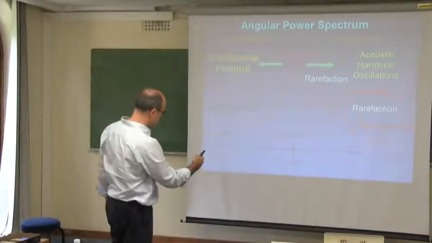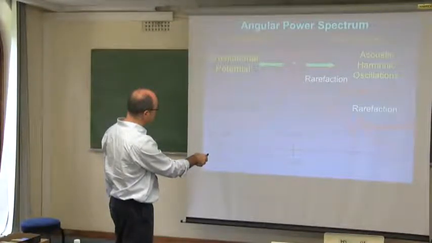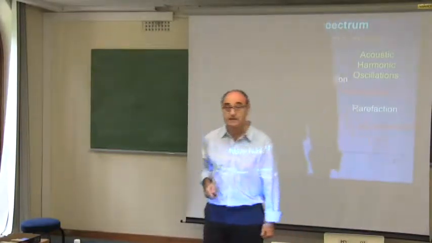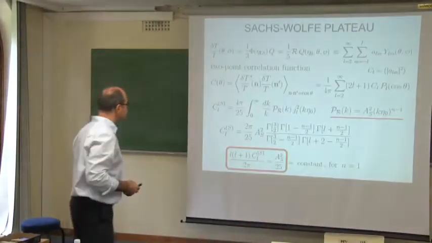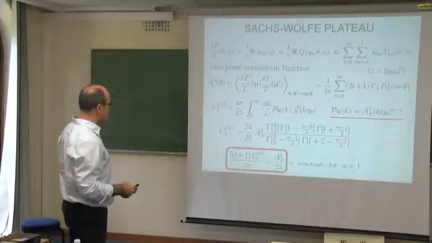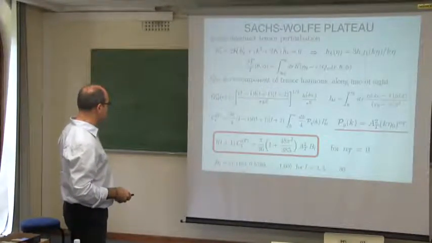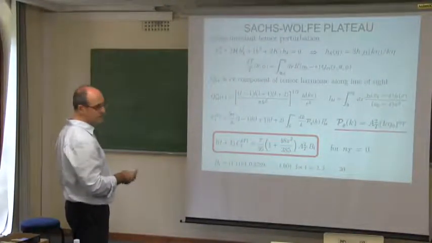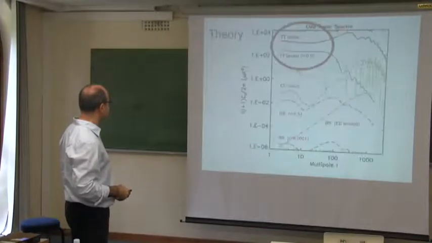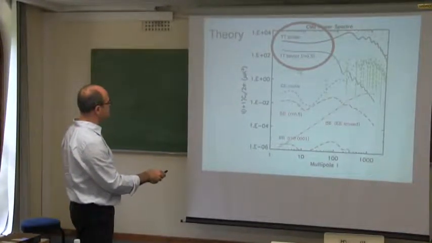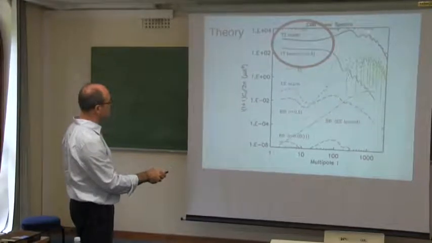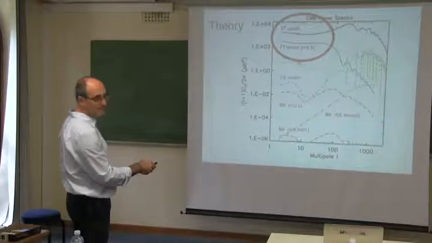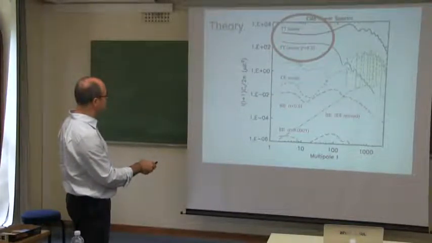And this is the reason why you will see in all images a very rapid decrease of the amplitude. It's called Silk damping. Okay, for the scalar contribution it is this, for the tensor contribution it is this other line. So you have both scalar and tensor contributions to the temperature and polarization. And this can be seen here. The scalar has the shape of a comb. Depending on the ratio of tensor to scalar amplitudes, you would have